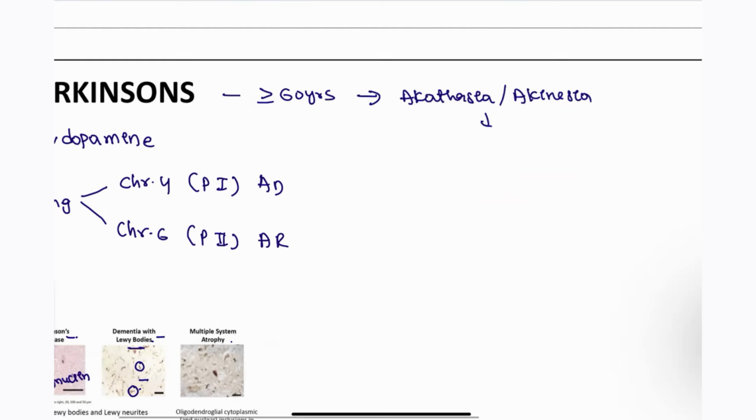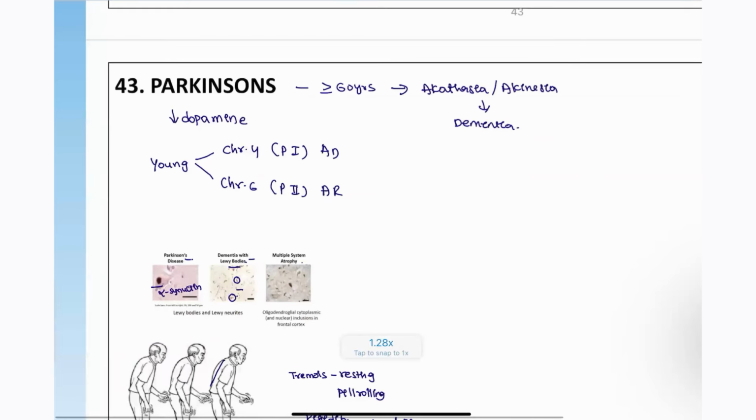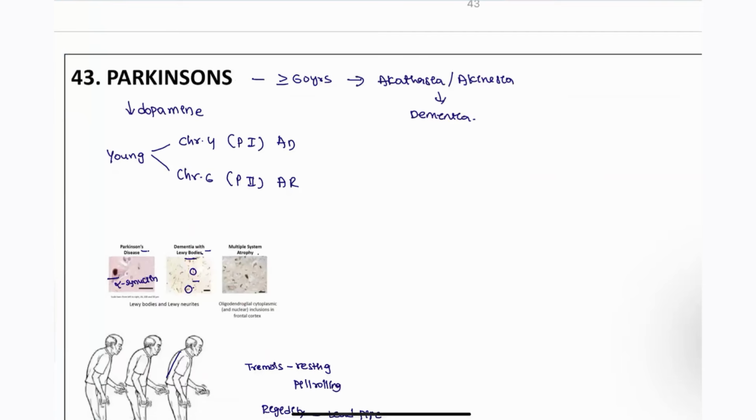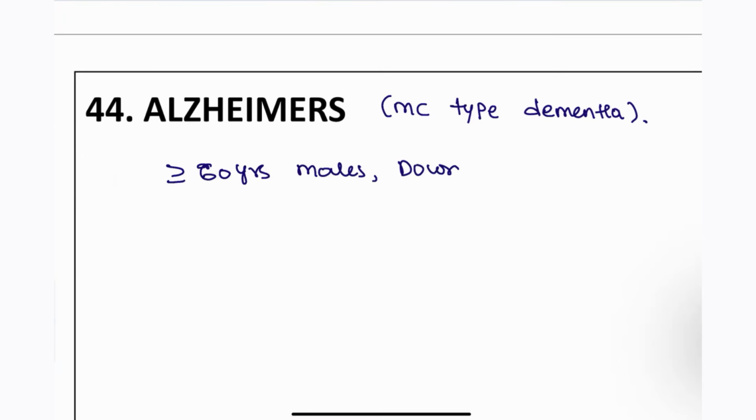Okay, next, moving on to another condition, Alzheimer's. Right, Alzheimer's is the most common type of dementia overall. Okay, and this patient is again more than 60 years of age, and males are more commonly affected. If it is in children, think of Down syndrome. Why? Because chromosome 21, which carries the amyloid gene, is also a cause for Alzheimer's disease